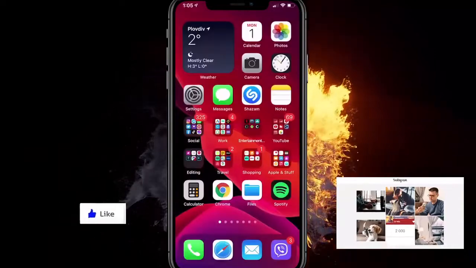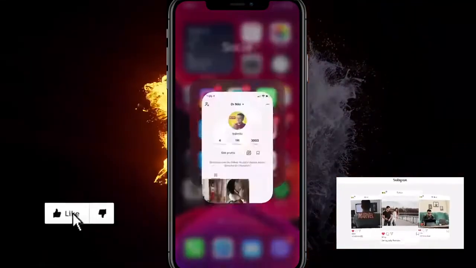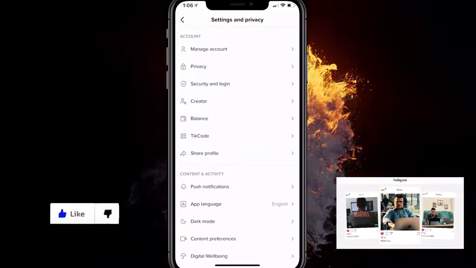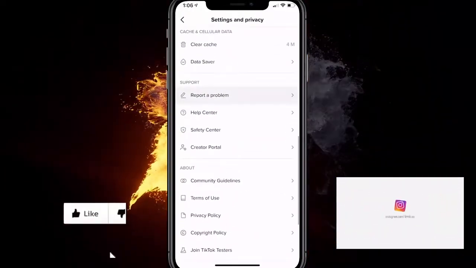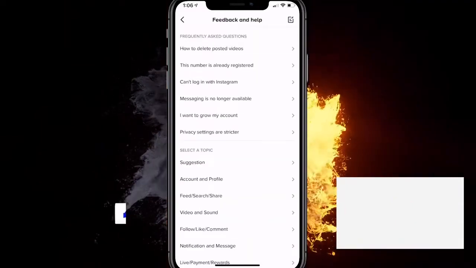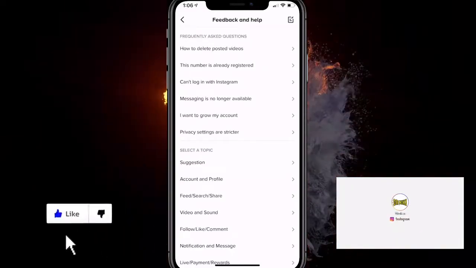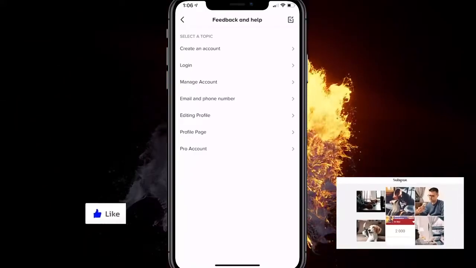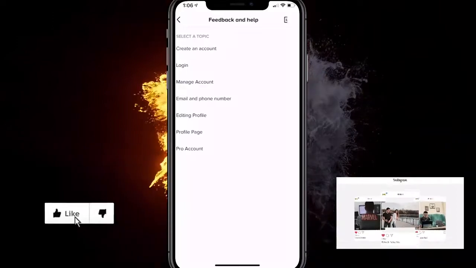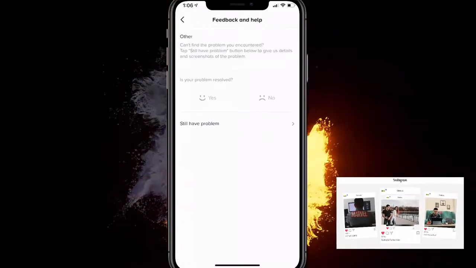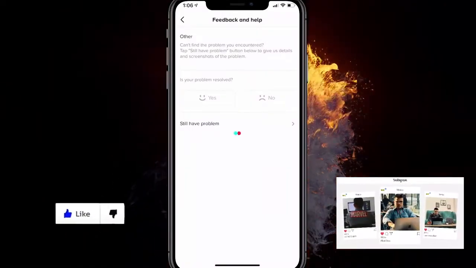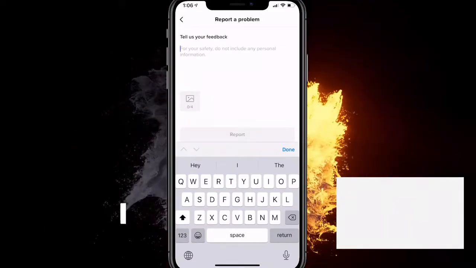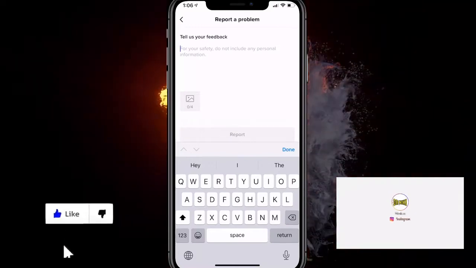So the first thing you want to do is go over to TikTok, go on your Me profile, click on the three dots, go down until you find report a problem. Click on it, and from there, when it loads up, you want to click on account and profile right here, this tab, and you want to click on editing profile. Here it is. Then you want to click on other, and you want to here click on still have a problem, and here you can explain that you want to change the age of your TikTok account and let TikTok